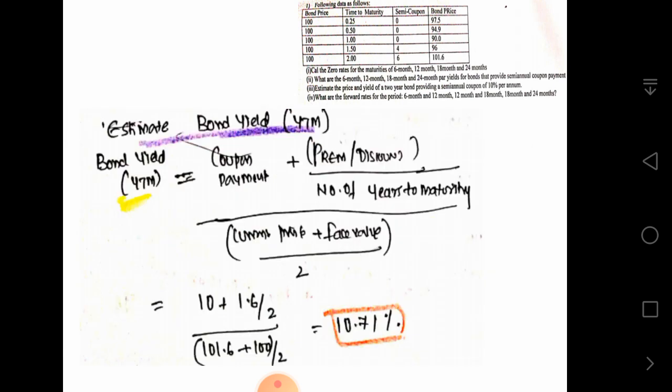Then coming to the bond yield, again the simple standard formula that we use: yield to maturity is equal to coupon payment, that is C, plus premium or discount divided by number of years to maturity, whole divided by current market price plus face value of the bond divided by 2. Substituting the values, coupon payment, since it is paid annually, 10 plus 1.6 divided by 2, whole divided by 101.6 plus 100, the face value, divided by 2, the yield to maturity comes out to be 10.7%